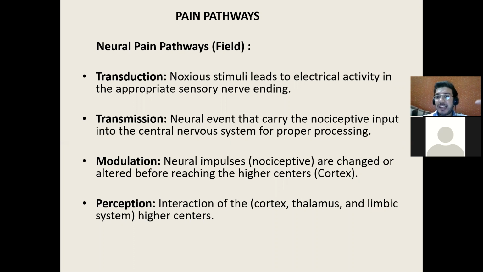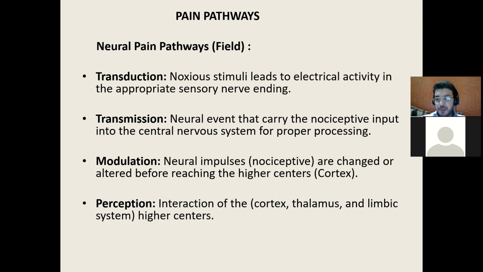When I'm talking about electrical activity, maybe you have to remember your first year BDS physiology. When we talk about electrical activity, it is trying to talk about depolarization. You remember action potential? I guess everyone remembers action potential. You remember depolarization, repolarization. So now what happens is there is an electrical activity, then there is transmission, where the impulse is carried towards the central nervous system, all along the neurons.